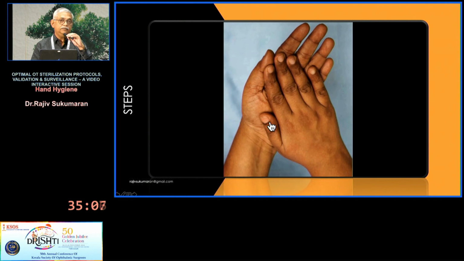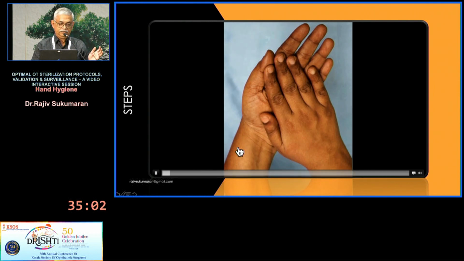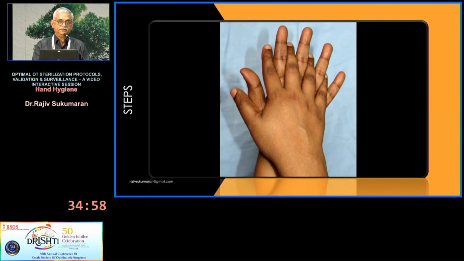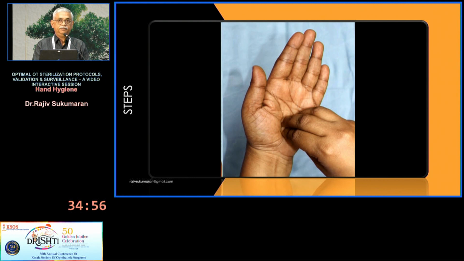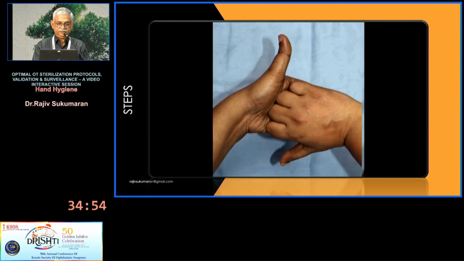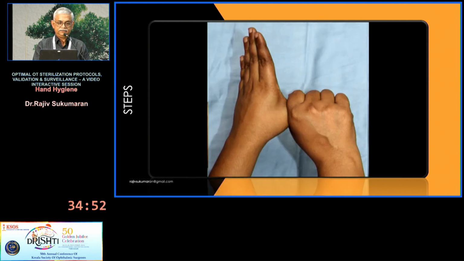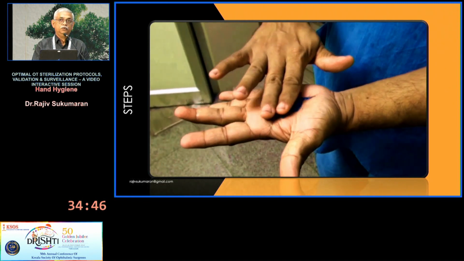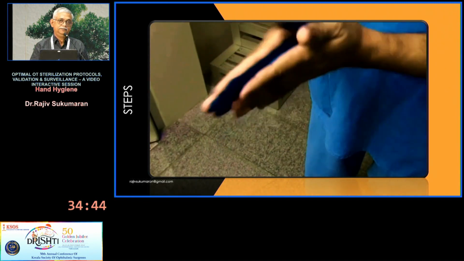And this is palm to palm, on the dorsal surface, ventral surface, tip of the finger, knuckle, thumb, and the wrist. Of course, the arm is also covered, but why we need to do these steps is being